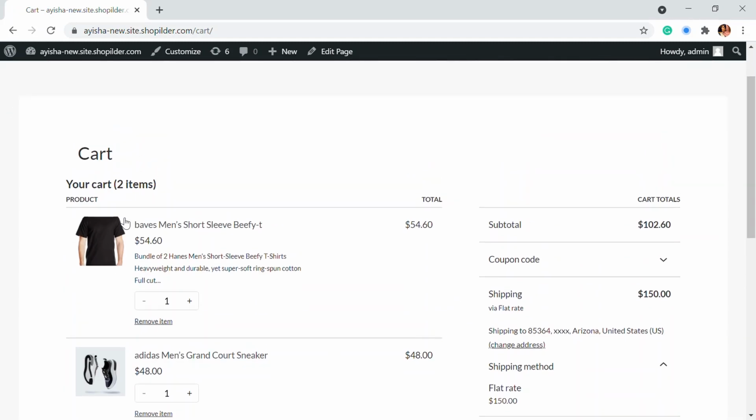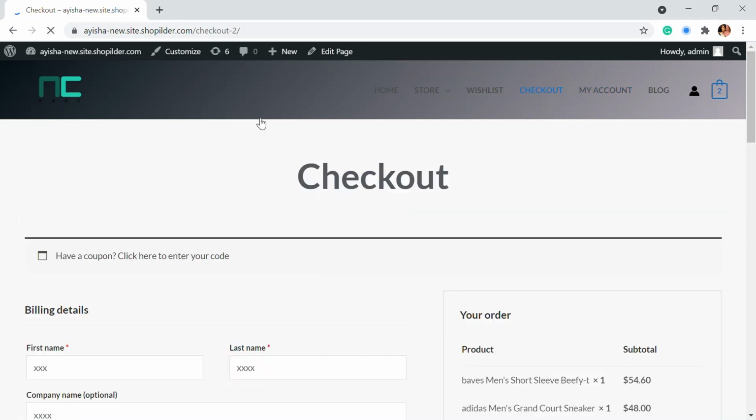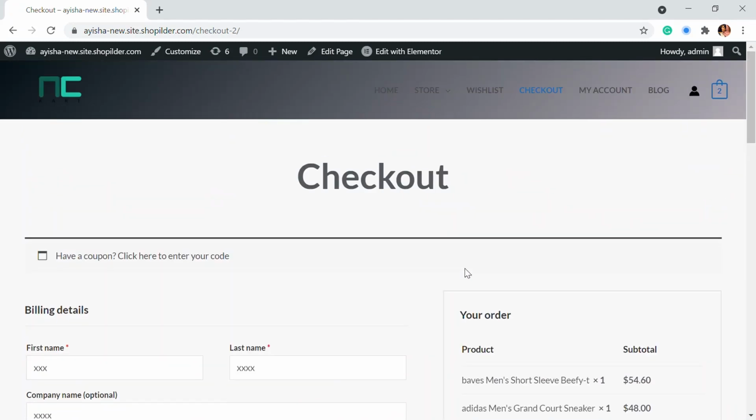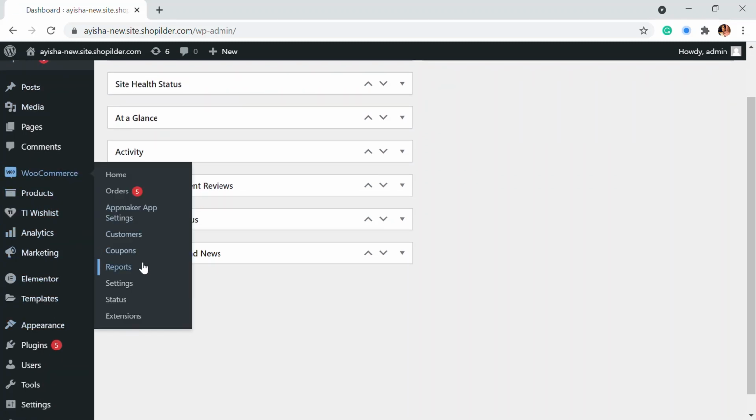So this is the cart page that's by WooCommerce. Now we have created this page as the cart page and checkout page, but we already have a checkout page that's different from what we have. This is what we have right now, right? So we are going to assign the other checkout page as the original checkout page. For that, we're going to go to the dashboard again, and here in the dashboard, let's go to WooCommerce. And in WooCommerce, you will be able to see the settings.